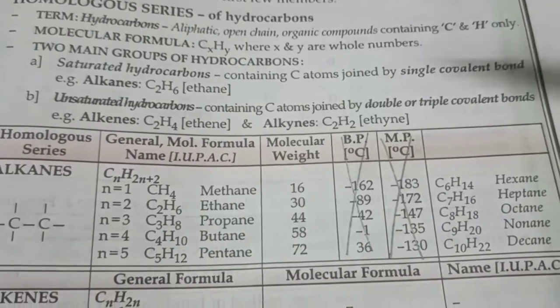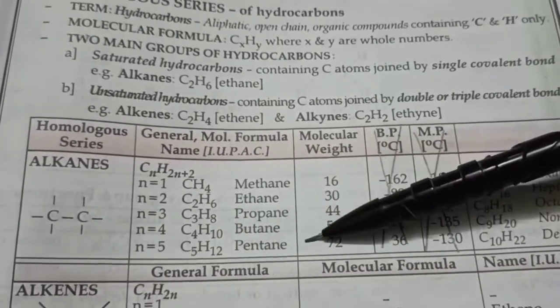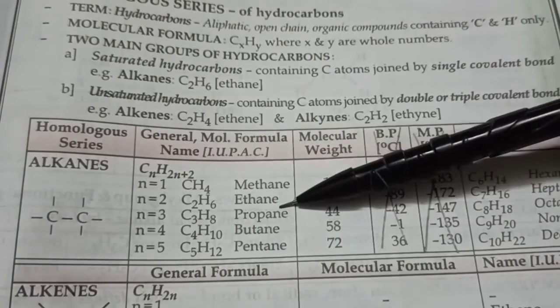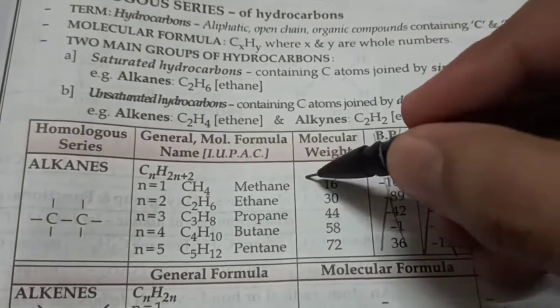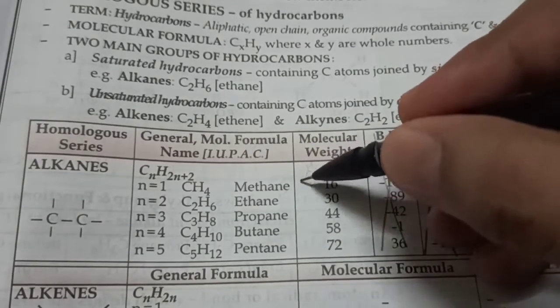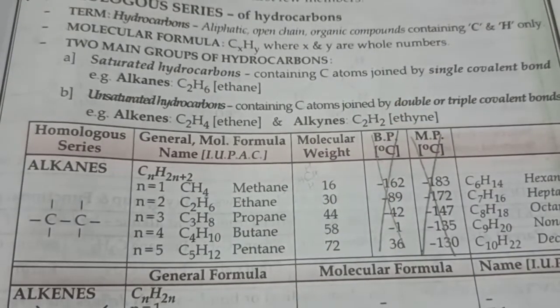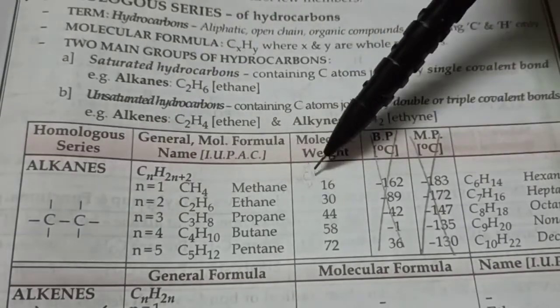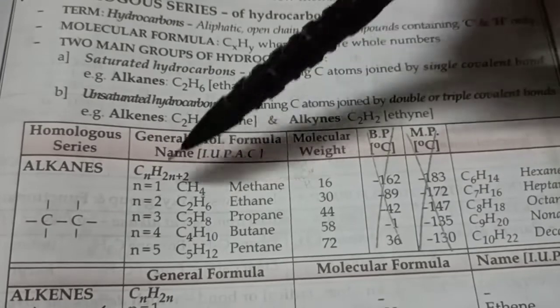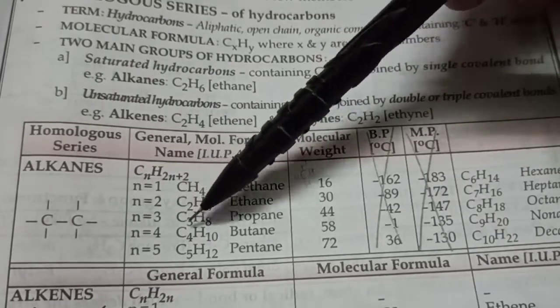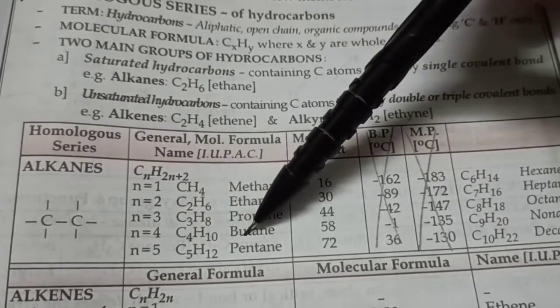So you should know at least the first 10 members of this family. The first member is methane. Yes, not ethane, but methane, which starts with just 1 carbon atom. So we have just 1 carbon atom, hydrogen, hydrogen, hydrogen, hydrogen. Yeah, there is no carbon-carbon single bond visible here, but still it's a part of this family. Remember, 1 carbon is meth, 2 carbons eth, 3 is prop, 4 is but, and then it becomes easier to remember.